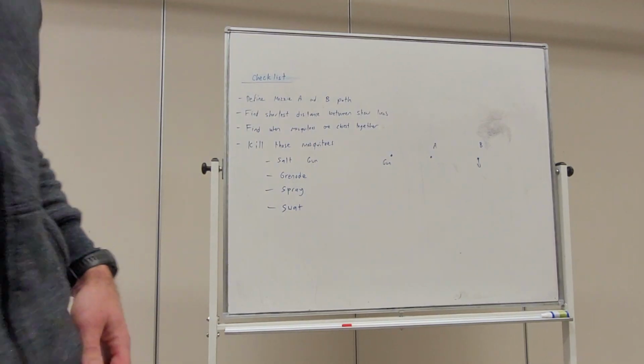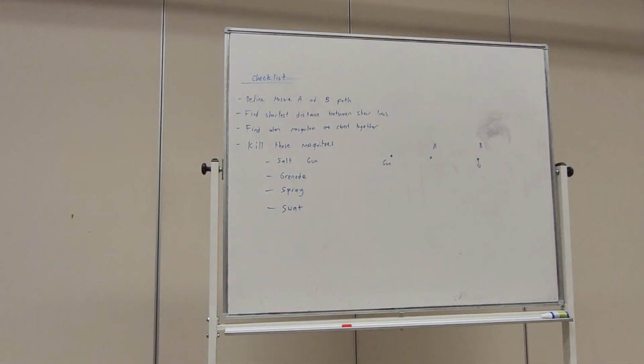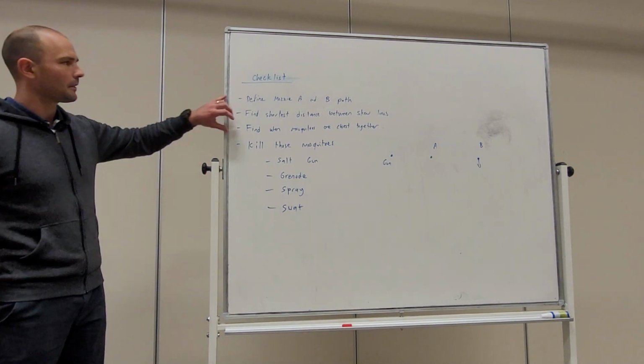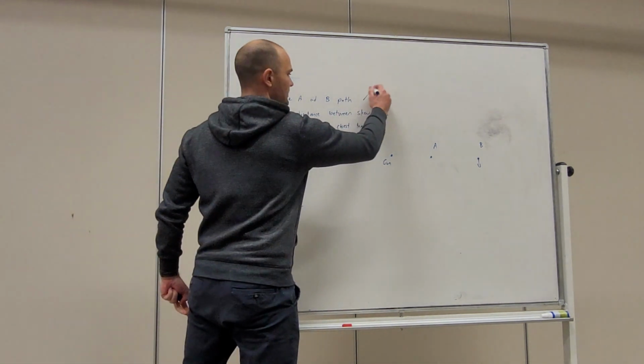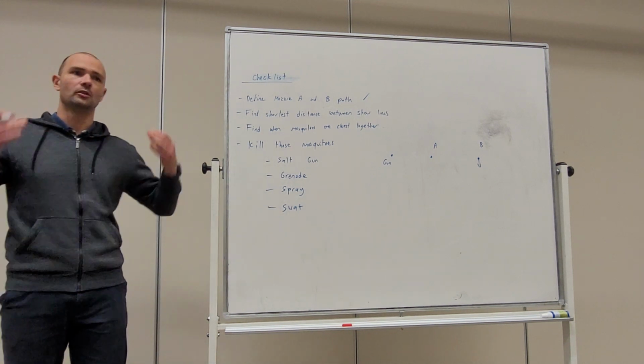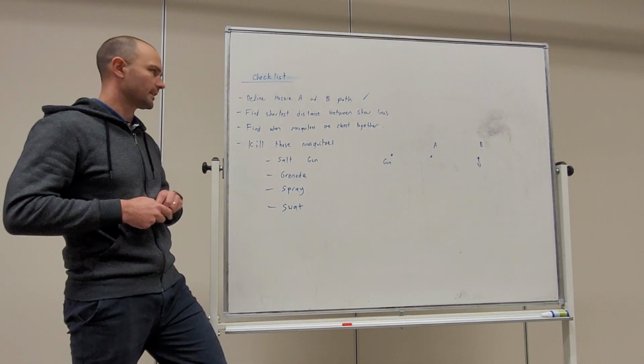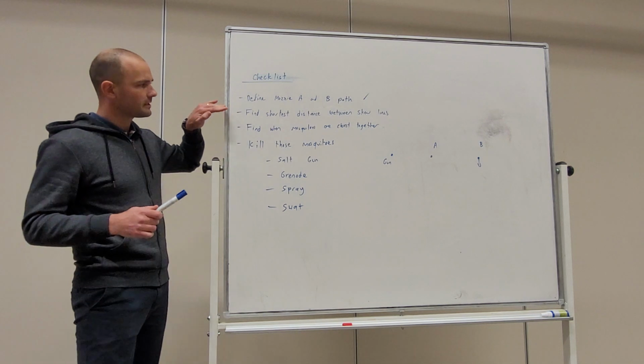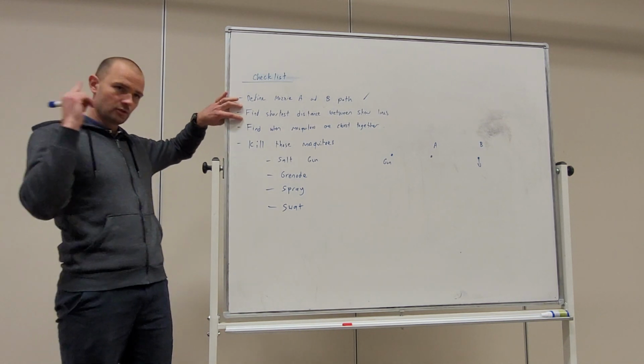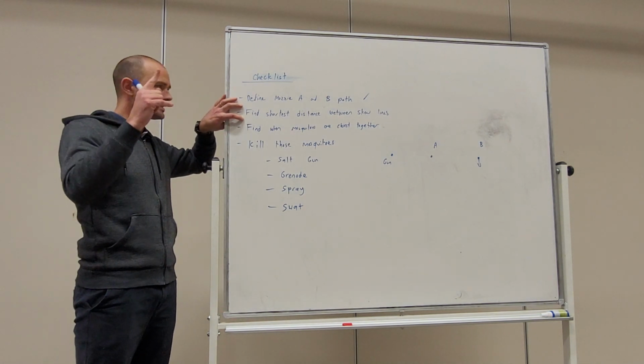We'll have a quick chat up here about where we're at and where we're moving to with this folio task. So far I think we've defined mosquito A and mosquito B, their paths and their speed, where they're going to and how fast they're traveling and so forth. Okay. If you haven't done so yet, one calculation I do want you to do is the shortest distance between